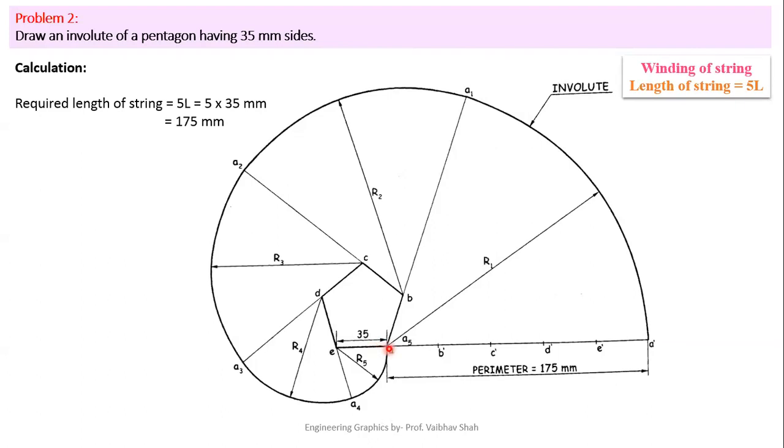No, before that, let us draw the tangents from each of the points. So let us draw tangent from B like this. Now draw the tangent from C point like this. So you have to just extend the line from C. It will be the tangent from C. Now draw the tangent from your point D like this. Now draw the tangent from your point E like this. So you have to just extend this line from your point E like this. So this will give you the tangent from your point E. Now what's next? So now take out your rounder.